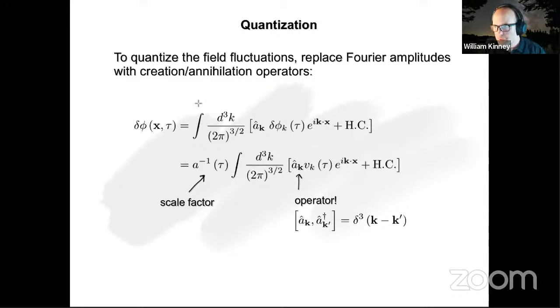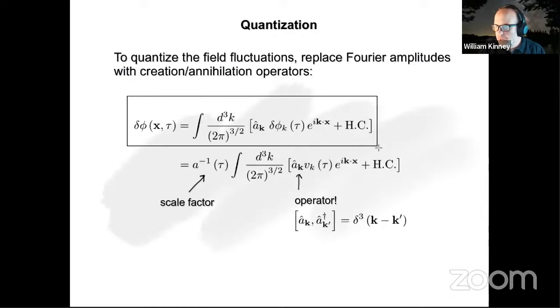quantize our scalar field fluctuations in this time-dependent background as follows. So what we do is we Fourier expand our scalar field fluctuations delta phi, and we replace those Fourier coefficients as we usually do in quantum field theory. V of k is not the Mukhanov-Sasaki variable. The Mukhanov-Sasaki variable is the curvature perturbation, and I will define the Mukhanov-Sasaki variable later, okay? It's related to the Mukhanov-Sasaki variable, but this is actually just a free field fluctuation in the background. I'm not coupling it to the curvature. If I couple it to the curvature, I get the Mukhanov-Sasaki variable. I'll talk about that coming up, okay?